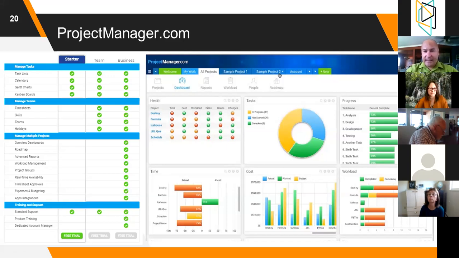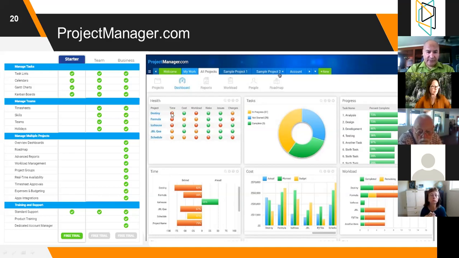If I am a PMO manager and I ask my team members, what is the status of the projects? What I would like from an executive level is just a summary. The screen in front of you is the dashboard for all the projects. This tells me the health. I can see 5 projects right here. This tells me I'm either on track, off track, or caution,